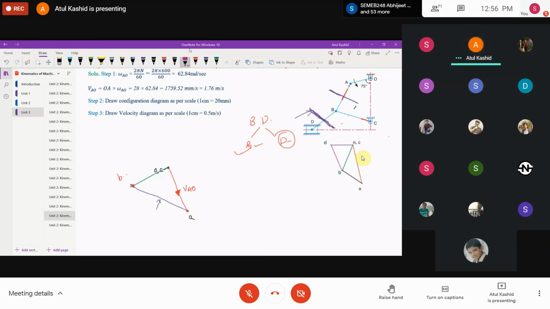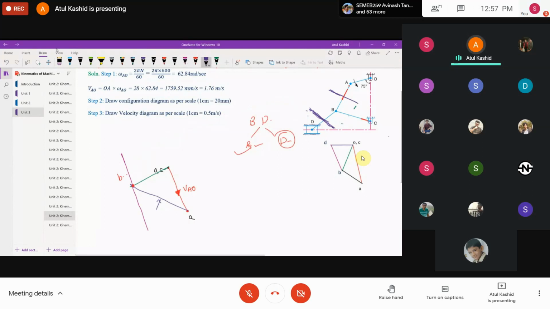It will be somewhat like this. You can see this is parallel. It may not be exactly parallel because I'm drawing with the instrument, so I'm not getting exact parallel lines. So please consider this as the parallel line to that. So I've drawn one parallel line, so you can extend it on both sides because we don't know where it is going to intersect. So now we are done with the BD, but still we have not got the point D.